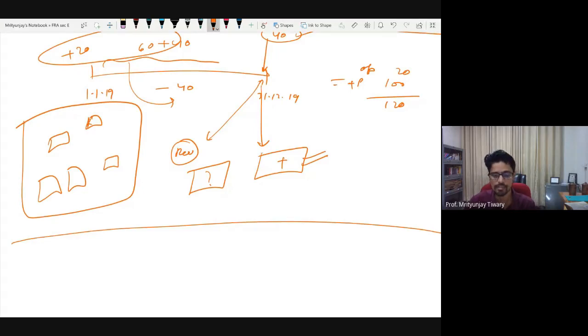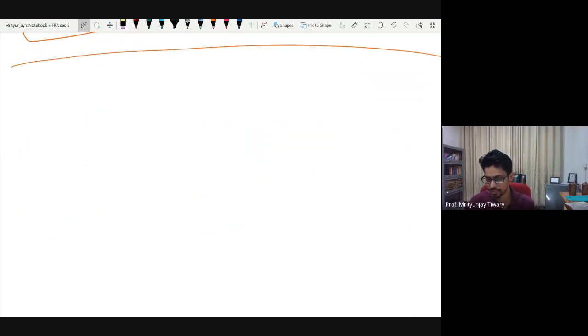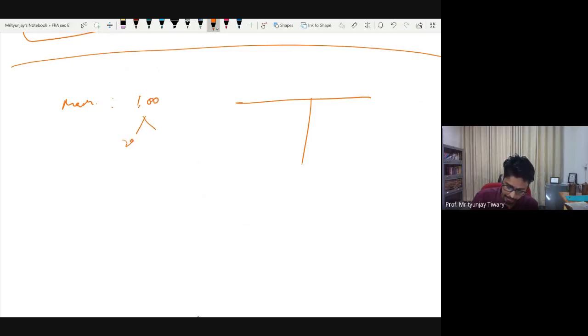Okay, perfect. Now that we have done the closing inventory, I'll give you one more piece of information which maybe will confuse you a little bit further, and then we will solve a question from the book. I want to draw your attention to what we did with the machinery in our example. In the example that we created yesterday, we assumed that a machinery was purchased for 1 crore rupees, of which 20 was paid and 80 was outstanding.